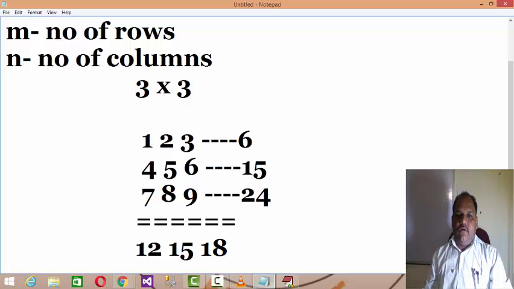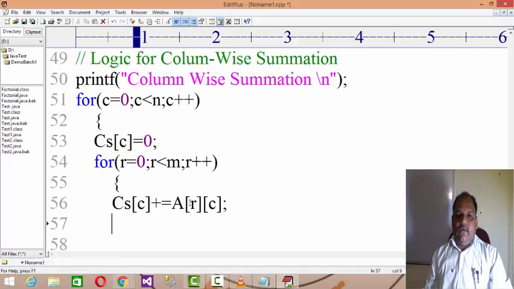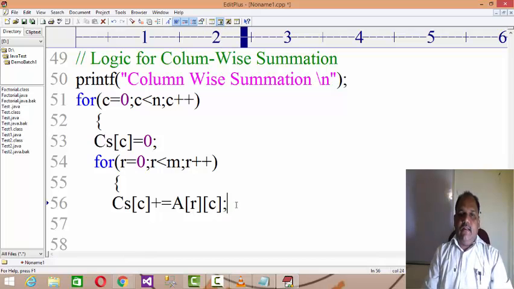Your coordinates will be incrementing like a of 0 of 0, then 1 of 0, then 2 of 0. In this manner it will add the elements available in one column